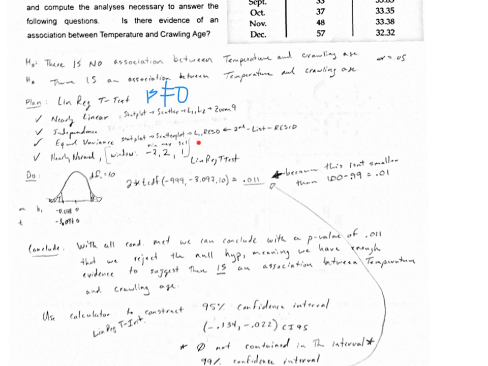So yeah, you can do that on your calculator, just to make sure that all these conditions are good. So then if you go back and run that test one more time, the line regression t-test, we've got a t distribution with degrees of freedom 10 because there were 12 months, so it's n minus 2, so 12 minus 2 is 10. The slope value, we're assuming it's 0, but our observed slope, which you get by running this test, it tells you the slope is -0.078,